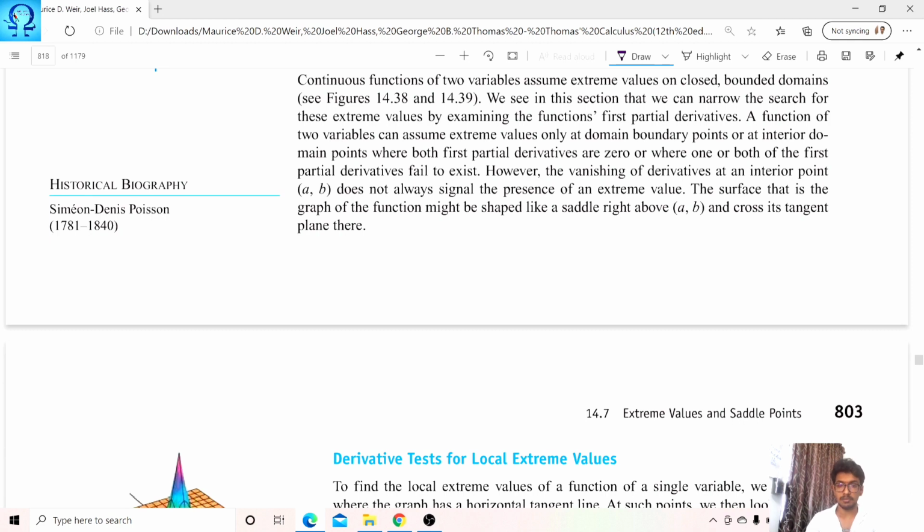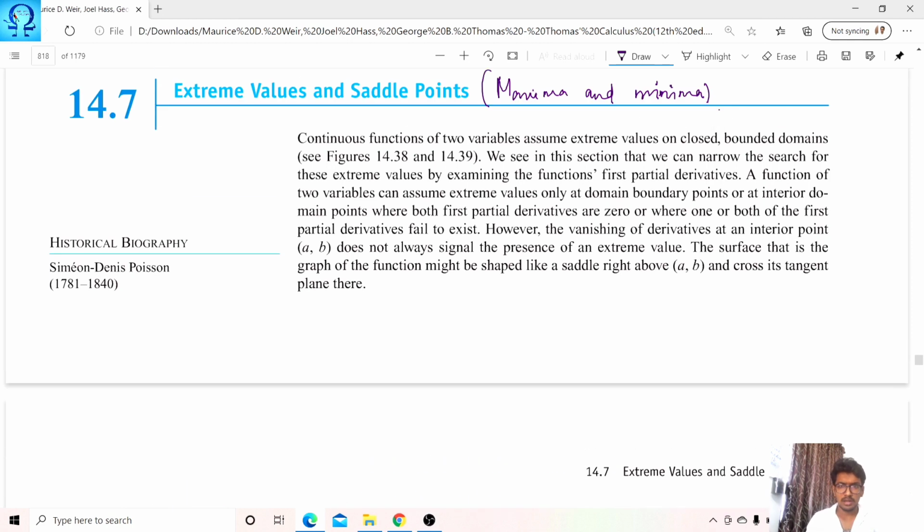So here, let me give you the ideology that we have seen in the one variable case. We'll be given some function. Then we'll find the critical points by equating the first derivative to 0, and this will give us some points, which we call critical points. Then we find the second derivative and evaluate it at these points and see whether it is positive or negative. If it is positive, then xi is a minima,